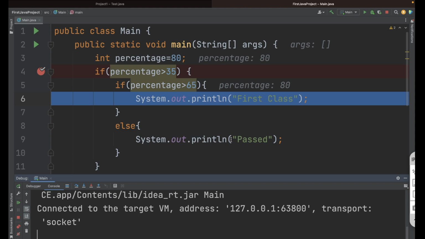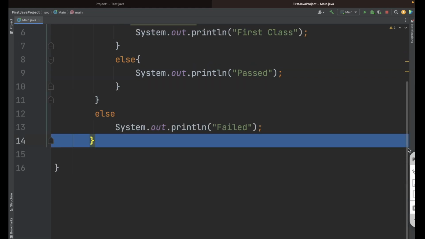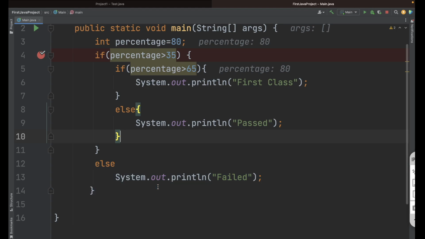As soon as I go to the next line, it will print first class. Now as this if condition is satisfied, it will not come to the else, and even it will not come to this else. Okay, so that way your if else inside the main if will work.